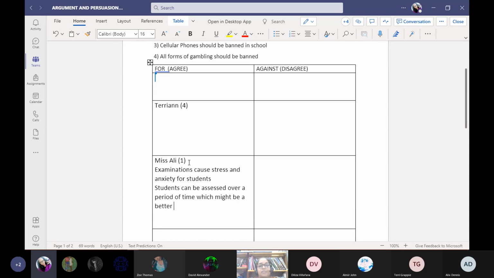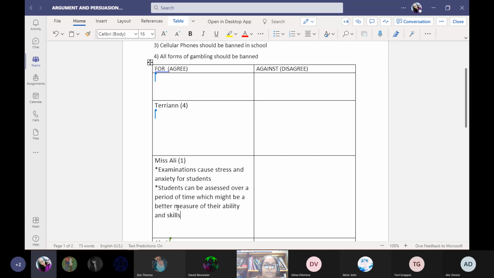Remember, even though the box might be small, when you start typing into it, the box itself will expand. So don't worry if the box is looking too small. The space will be created once you're typing out a response. So examinations cause stress and anxiety for students is 1 point that I made. Students can be assessed over a period of time, which might be a better measure of their ability and skills. What else can I say about banning exams? Exams cause